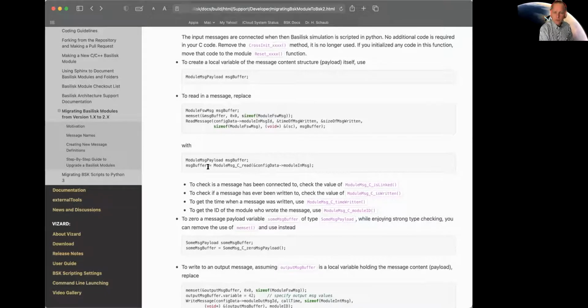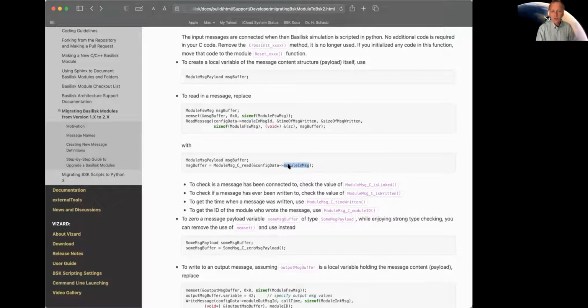message. So not the header, not is it written or something. It's actually going to return to you now the actual data of that message, and we'll put it into message buffer. So just compare that quickly to all these lines here, especially this function. Have to remember, this is so much easier. You notice we're not zeroing the message. Because we're going to get a copy of whatever this input message